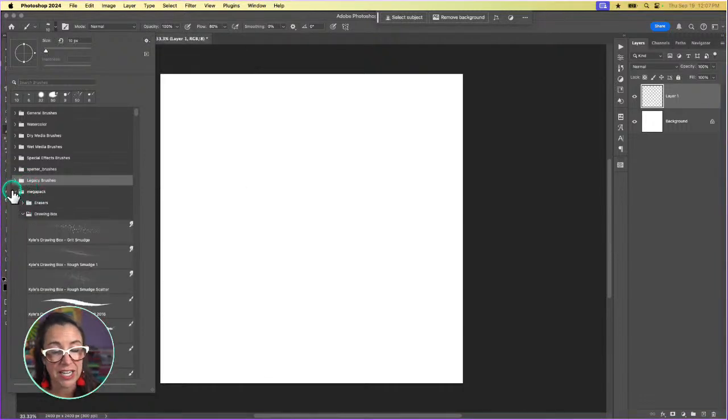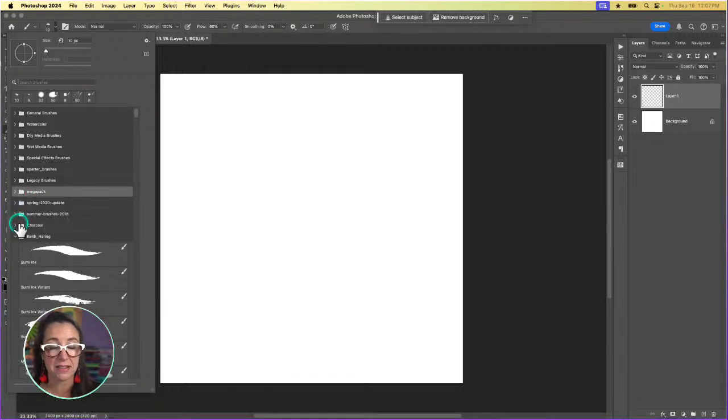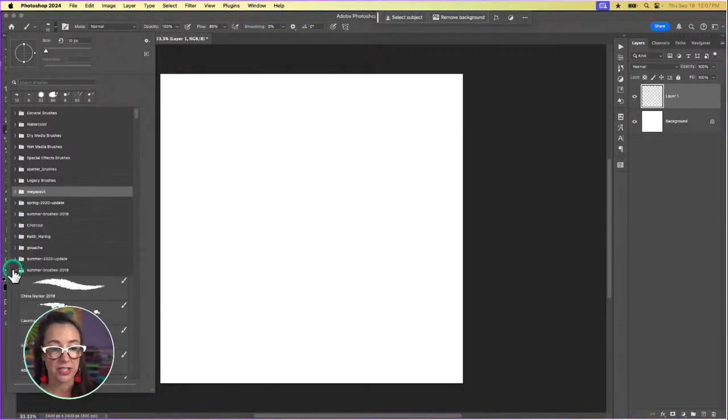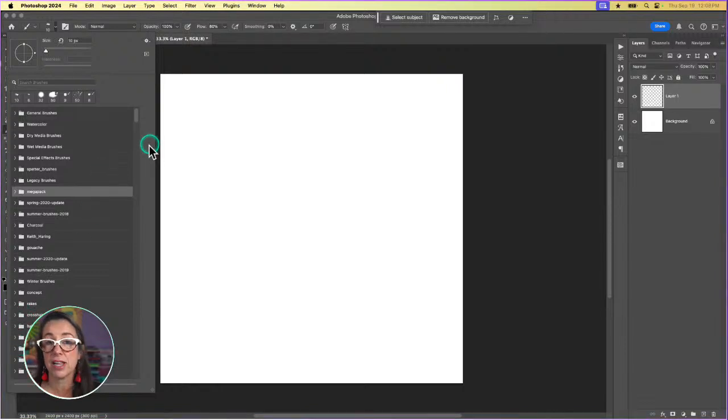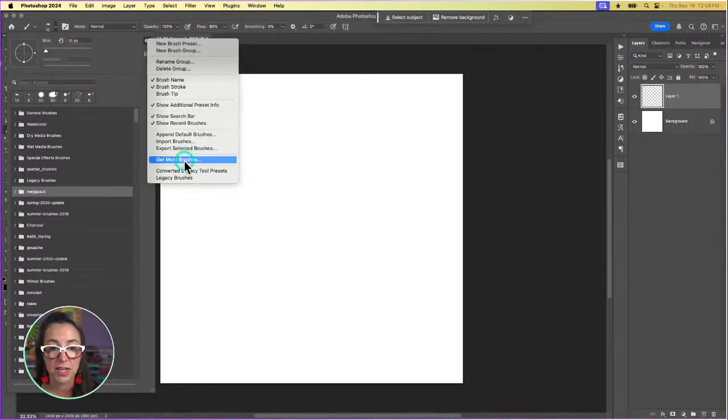So if we get to it later, I might be using a watercolor brush, and that is going to be from one of those brush packs on Adobe. So those are by Kyle T. Webster, and they're free for Creative Cloud subscribers. And you get to them from the cogwheel by choosing Get More Brushes. Once you download the file, it's a .abr file. If you download it and then you just double click on it, it should automatically load into Photoshop. If it doesn't, you can always come back to this menu and then just choose Import Brushes and navigate to